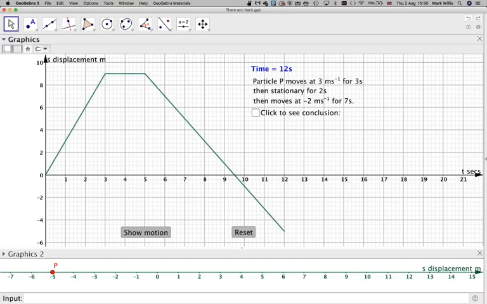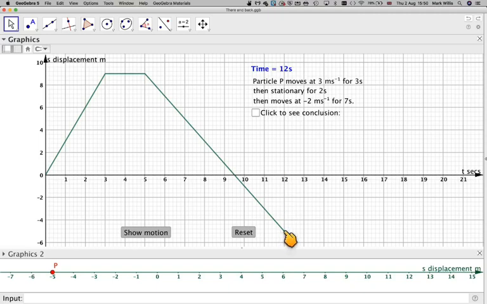Okay, so just reset that and we'll have a look at that again. So it goes up to 9, and then waits for 2 seconds, and then goes back down, minus 2 for 7 seconds. For every one along, it's going to go 2 down. Okay, and then it goes from 5 to 12, that's 7 seconds, so it ends at a final displacement